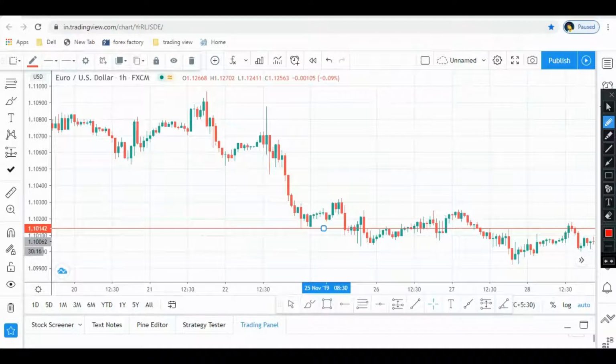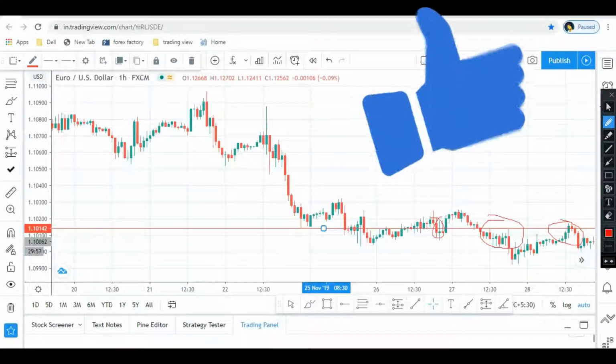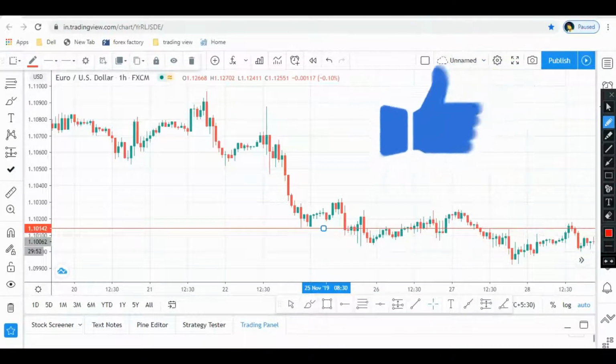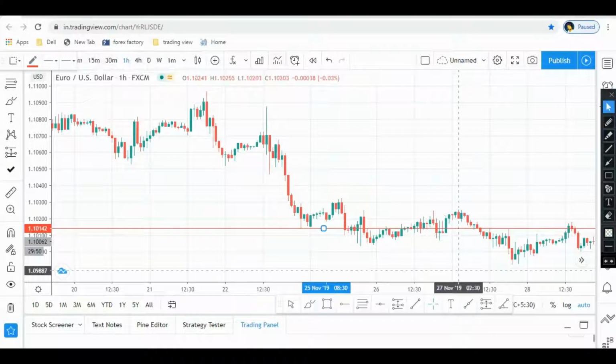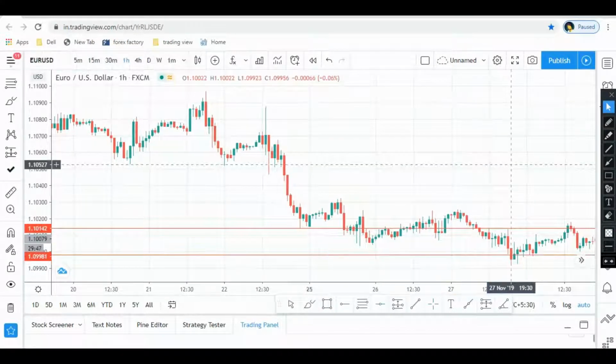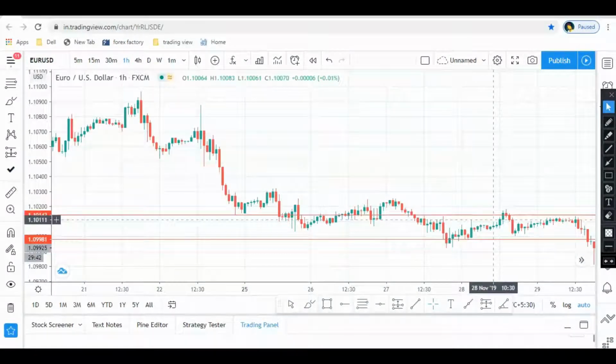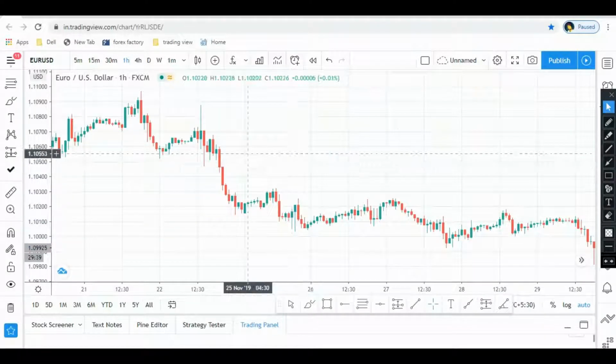Price right now broke out of this area. So this is the reason I will place my sell order in this particular area. If I place my sell order, what will be my take profit? I would close my trade in this particular area. Let me show you which place I'm talking about. This one, because this is the nearest support which I can see. See, I have made a profit in a couple of hours.